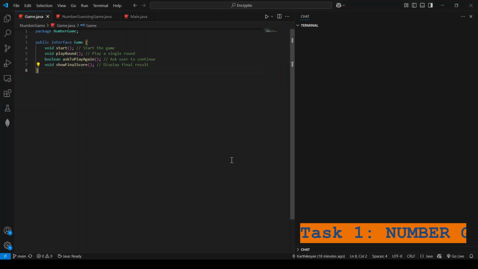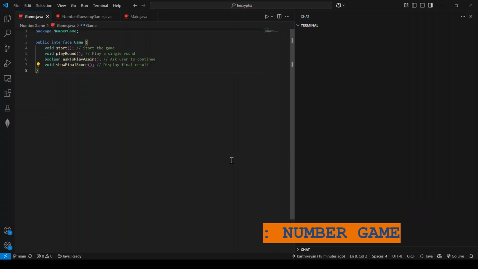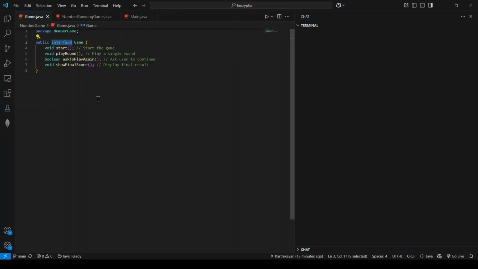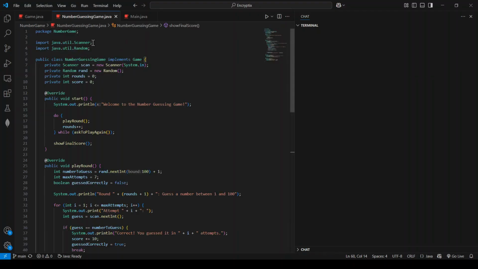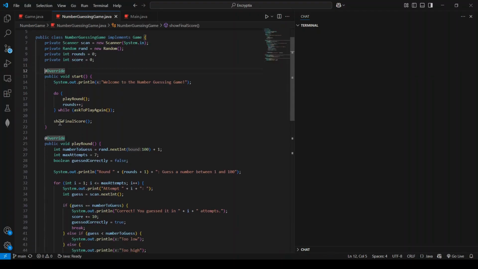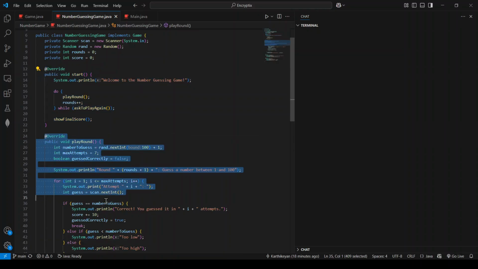Task 1 is a number guessing game given by Encryptics. Here I am using an interface to achieve abstraction, and I mentioned some methods here like start, play round, ask to play again, and show final score, and I override those methods in another file